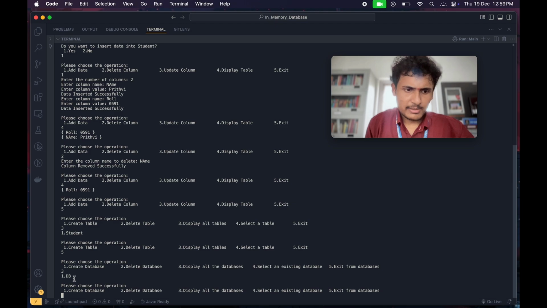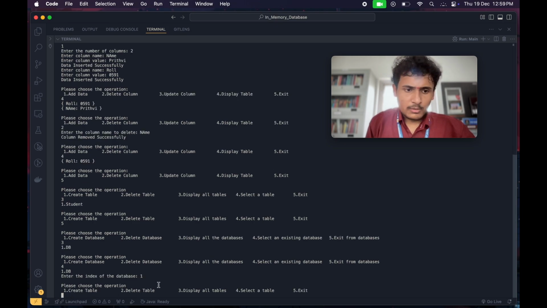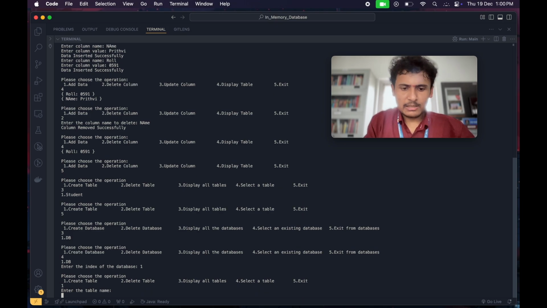This is a database I have created, and if you want to go again into the existing database, we can select option number 4. Now you need to enter the index of the database. Yeah, we have simply entered the index, and now we can create another table, with another table name,